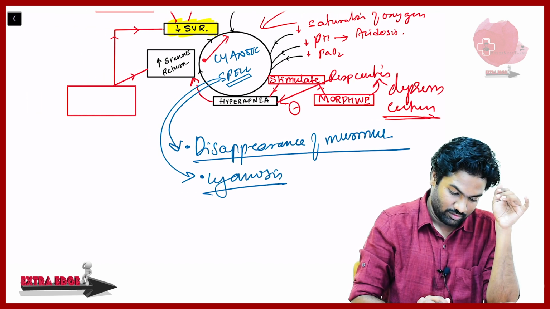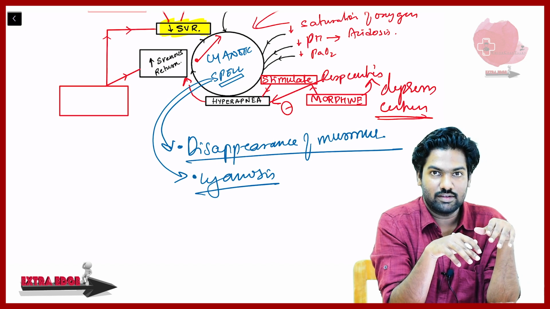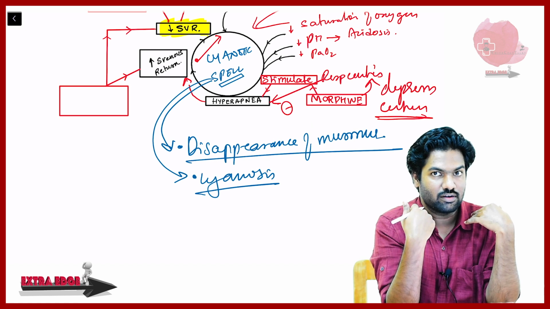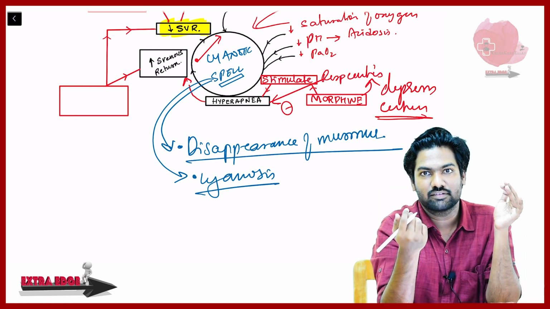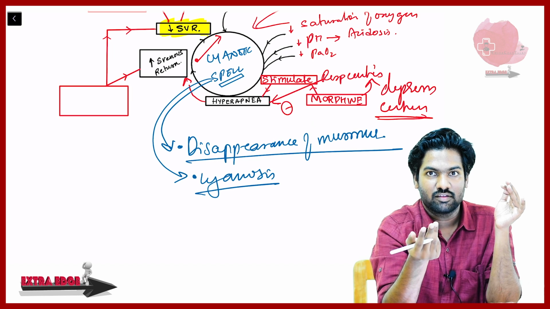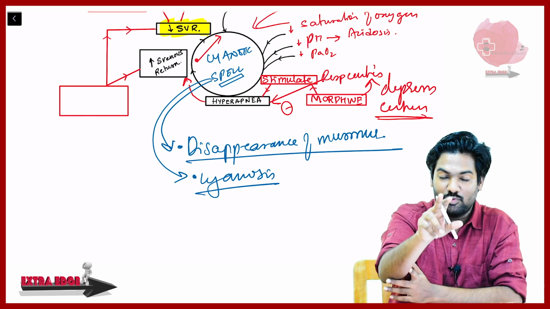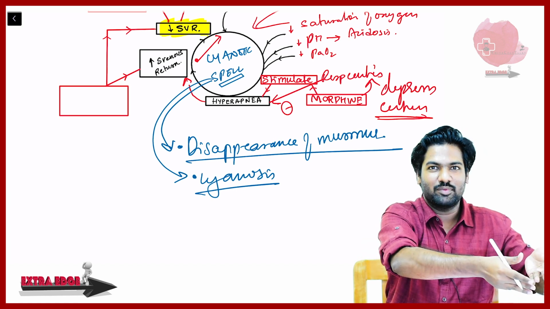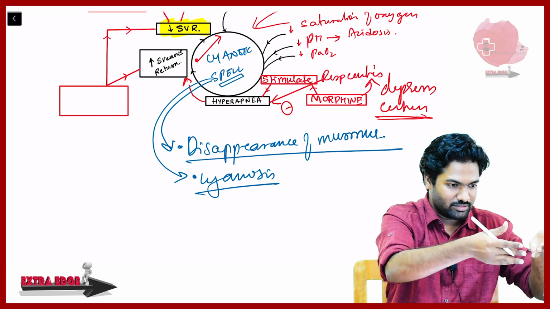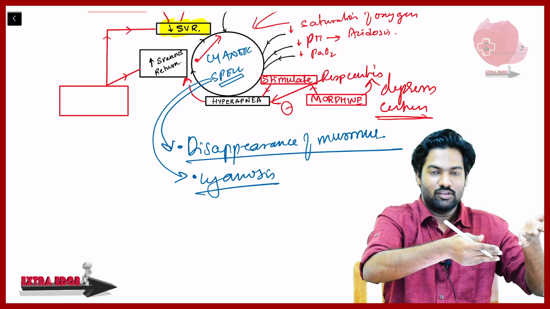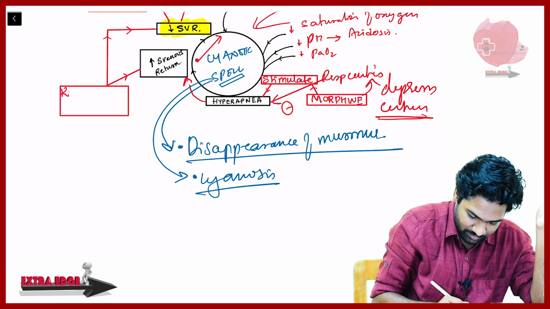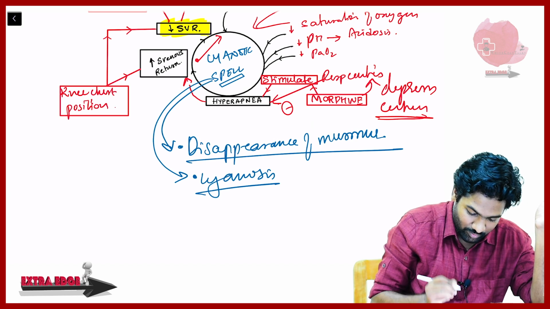Now we will see another thing. Can there be anywhere else where we can reduce this venous return, or increase the SVR? One is vasoconstriction, definitely. But now you don't have any drug. You are seeing the baby, and you know that the child was having cough. The child is lying down because he is hyperpneic now. What will we do? Yes, we will put him into the knee chest position.